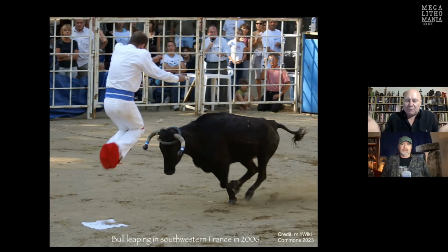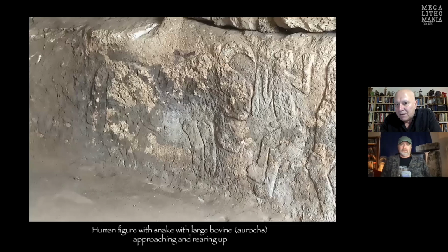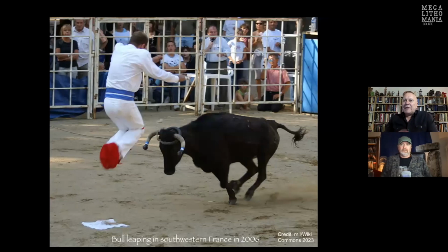Well, sorry, obviously it's a modern picture. I mean, this is a picture of bull leaping taking place in southwestern France in modern times in 2006. And look at the stance of this character. It's almost identical to the guy there. I mean, look, they're in exactly the same position. So is it therefore possible that what we see at Sayburç is the earliest example of bull leaping anywhere in